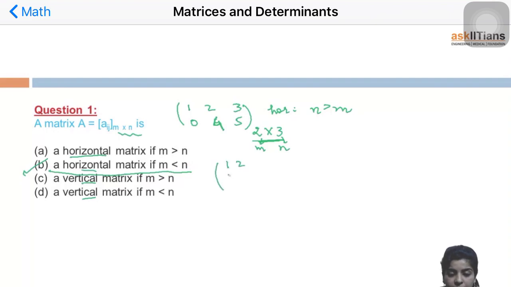Okay, now I try to construct a vertical matrix. This is vertical because it is upwards or downwards, right? In this standing position. So here I have 3 rows and 2 columns. So what do I get here? That M is greater than N. So this option says vertical matrix if M is greater than N. So see, both these options are correct, right? So just remember, just try to understand the concepts lying behind the definitions